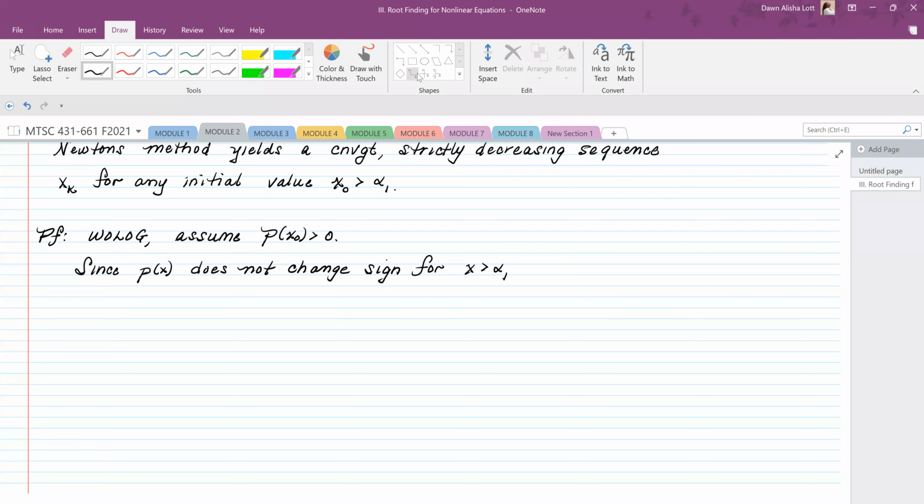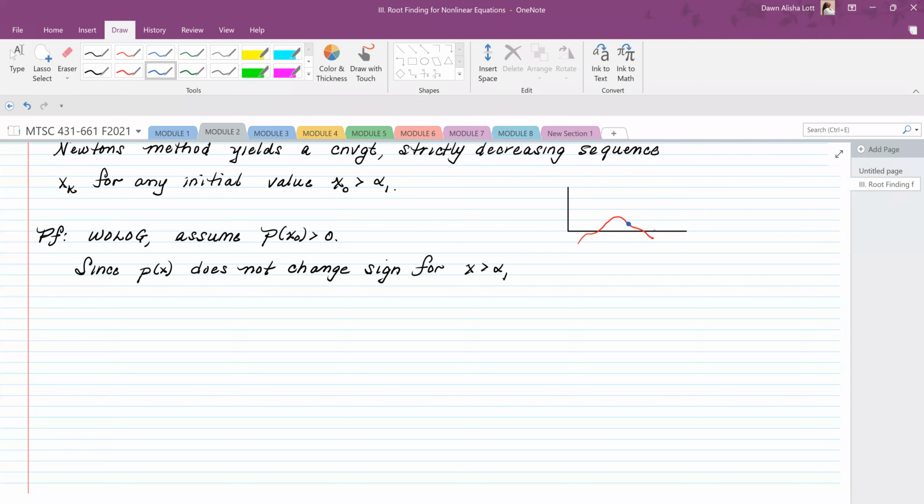Okay, so we're assuming that we have some polynomial, whatever it looks like. And if we start off with P naught, so let's say is positive, it's not going to change sign until,